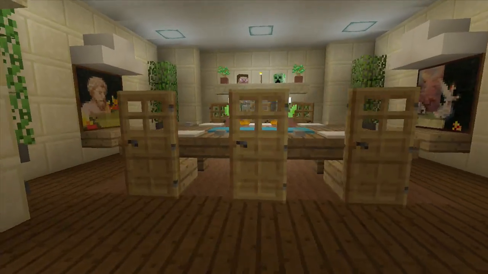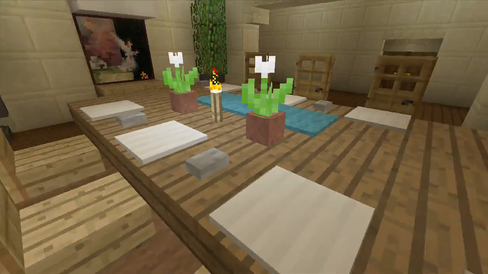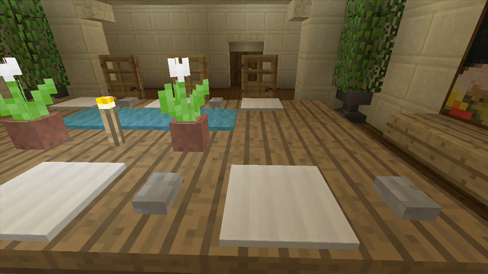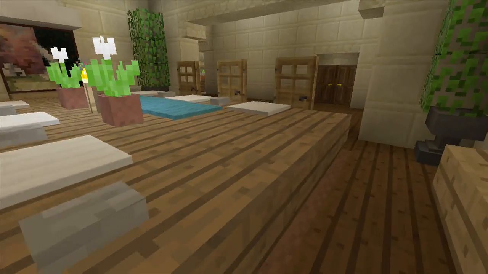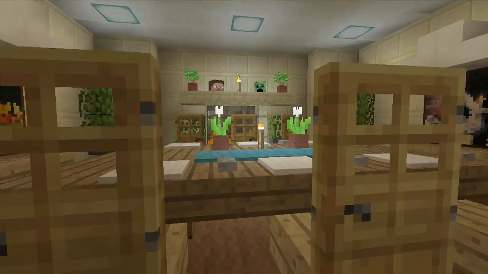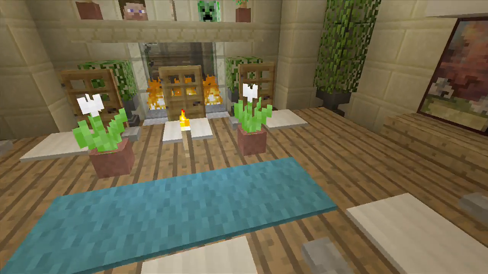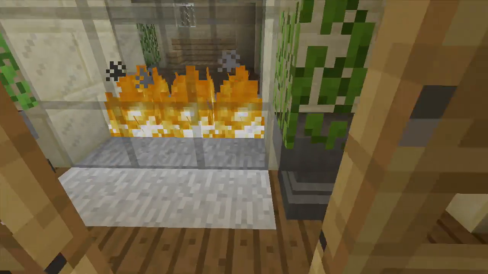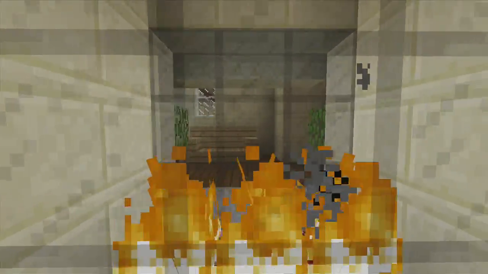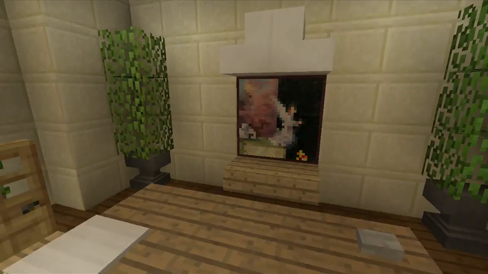And then in here we have ourselves a nice lovely dining room, the formal dining room. Definitely my favorite dining room I've ever made. So it's just a normal kind of dining area off to the side. 6 people for this. I really like the table design, and my favorite part is the fireplace. And it actually goes into another room, and we got this nice lovely fireplace thing around here